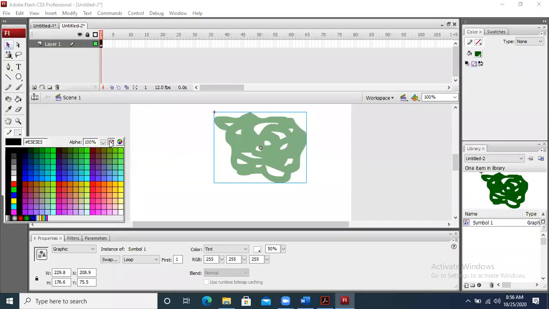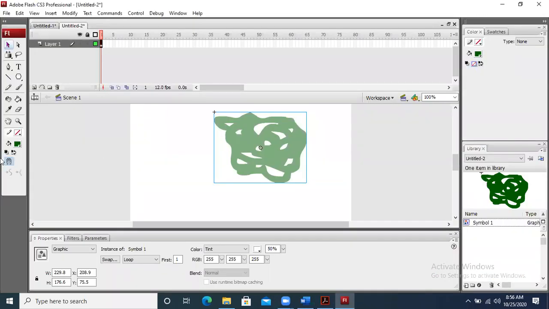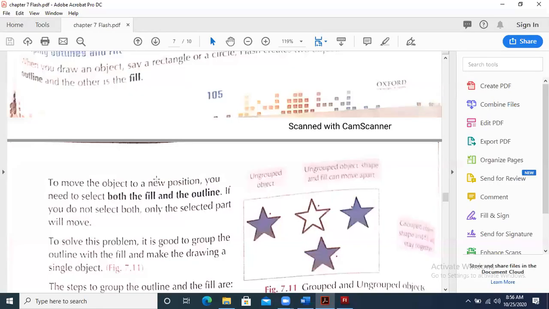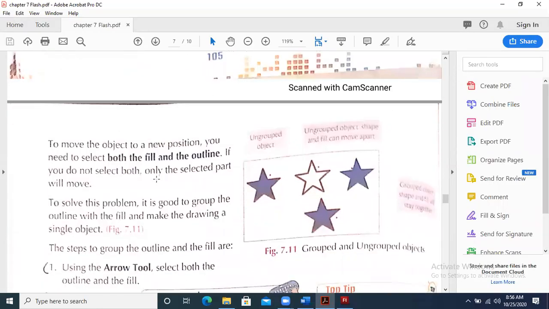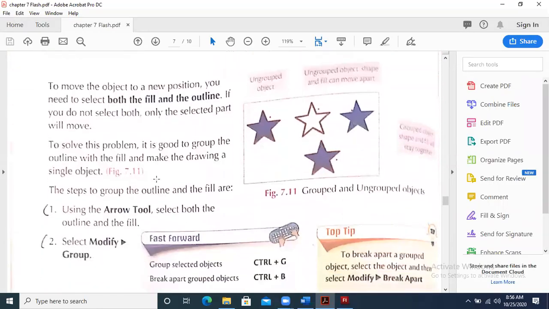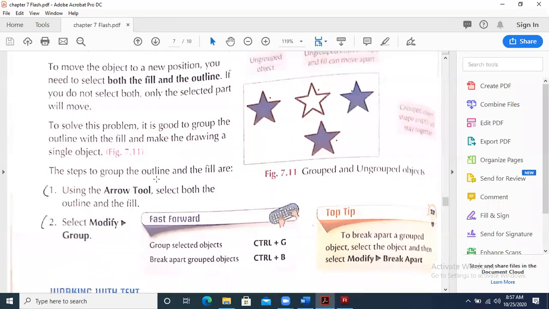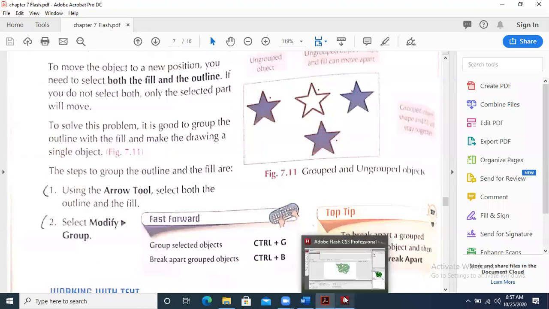Normally we take the outline as none because we don't want to have the outline, and then we take the fill color according to our requirement. To move the object to a new position, you need to select both the fill and the outline. But if the outline is not there, then this problem will not be there. But if the outline is there, you need to group it. How are we going to group it? How can we make different objects grouped?